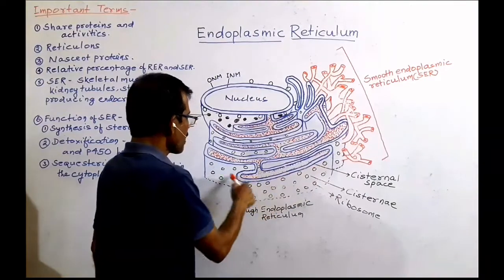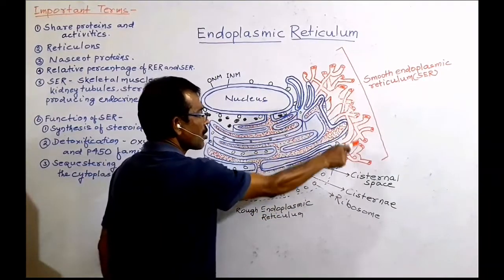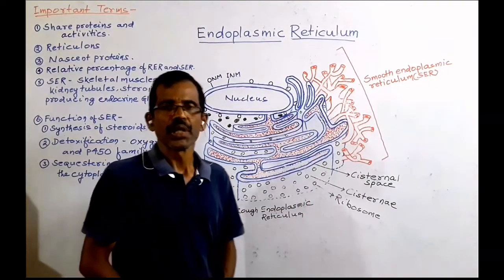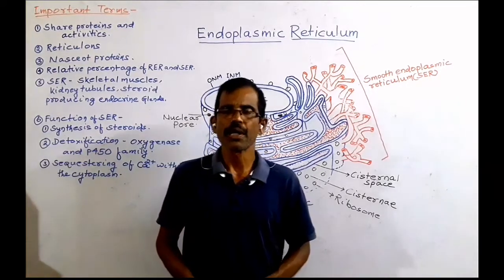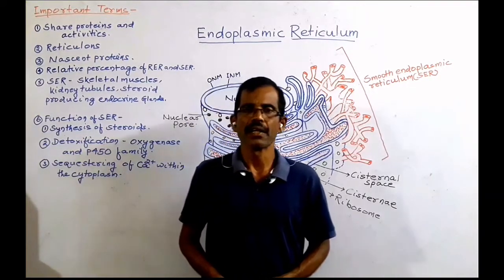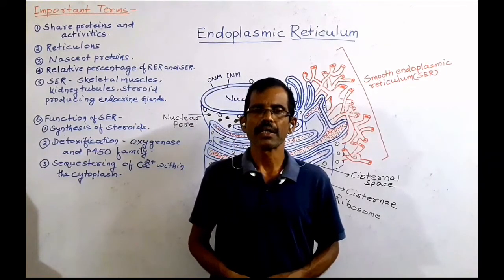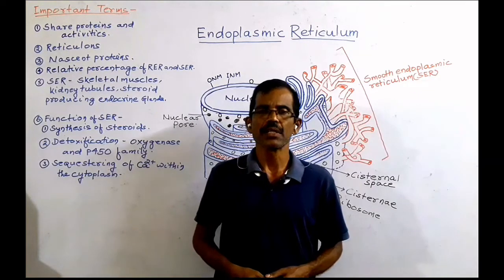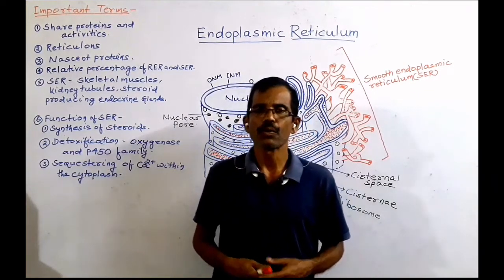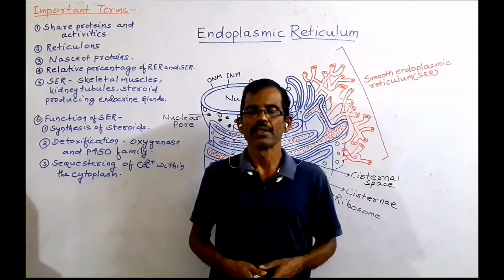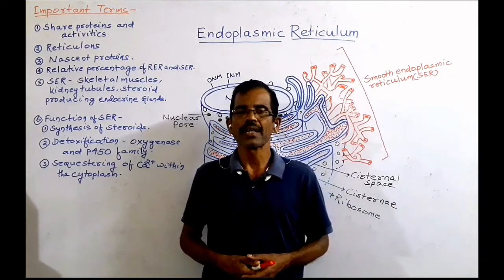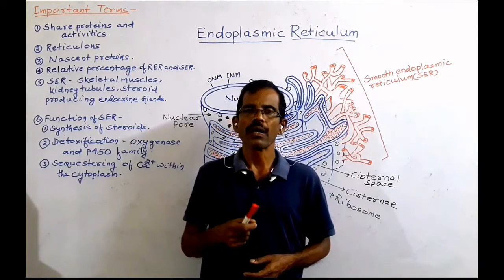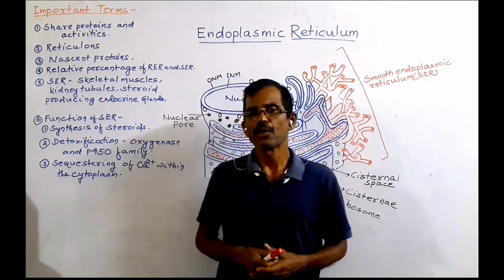Both rough endoplasmic reticulum and smooth endoplasmic reticulum share some common proteins and engage in certain common activities like the synthesis of lipid and cholesterol, whereas numerous proteins are present in one or the other type of endoplasmic